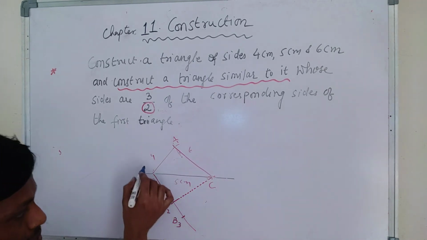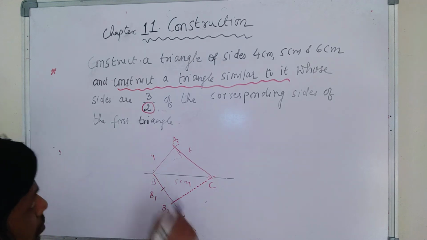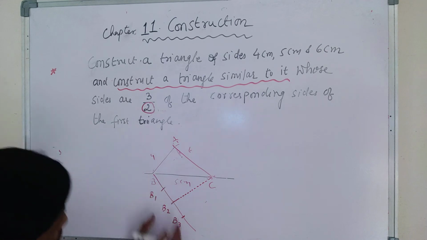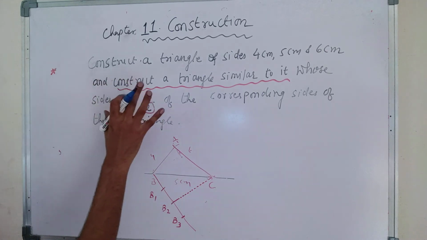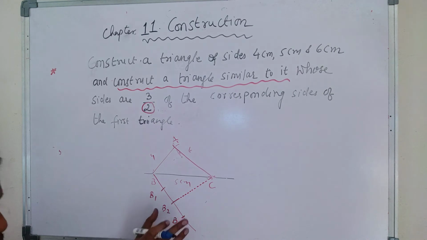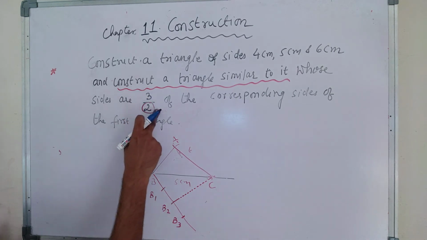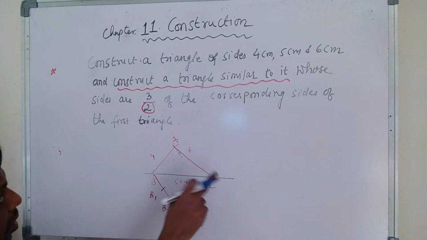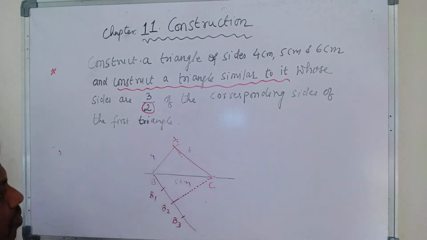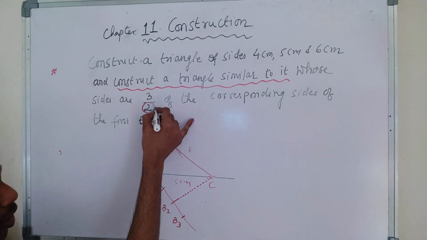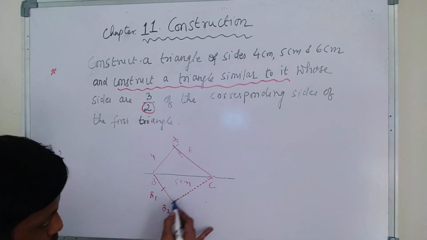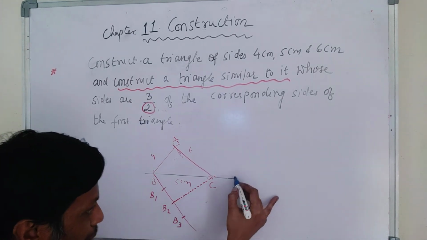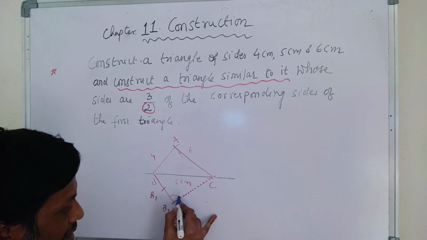And you have drawn a line. This is 2, but what is the bigger one? 3. So that many equal segments should be there. You always see which is the bigger number, that many equal segments you draw, and whichever number is in the denominator, that part you have to join with the line segment. That is to be taken care of. So here 2 is in the denominator, so I joined B2 with the endpoint C. Clear? Now from B3 I'll be drawing a line parallel to this, so that means I'm making this angle equal.